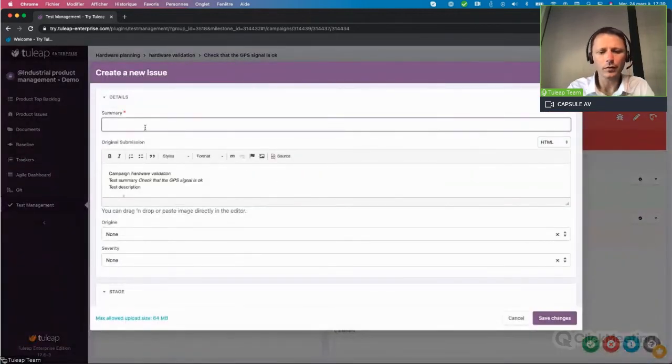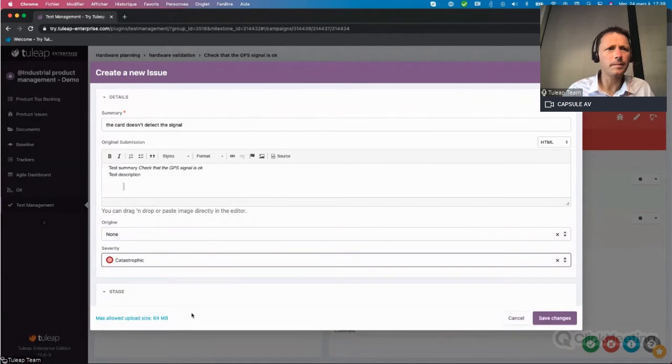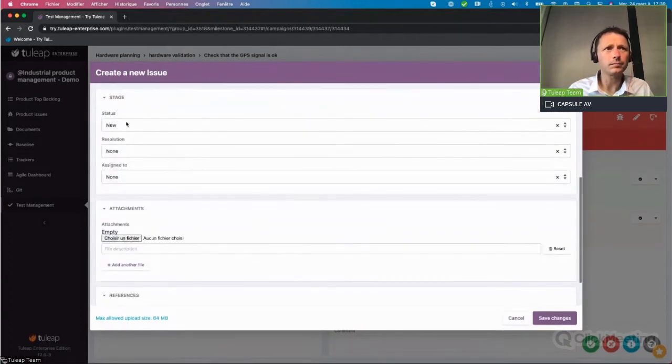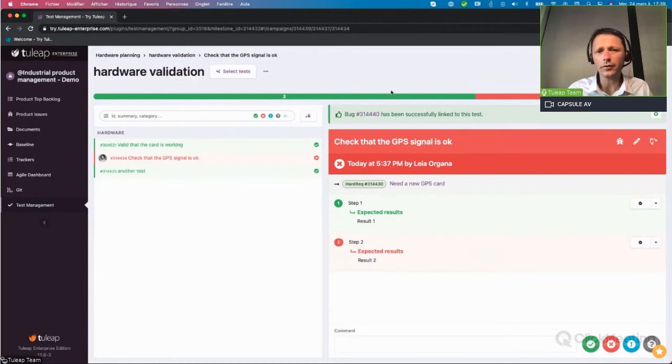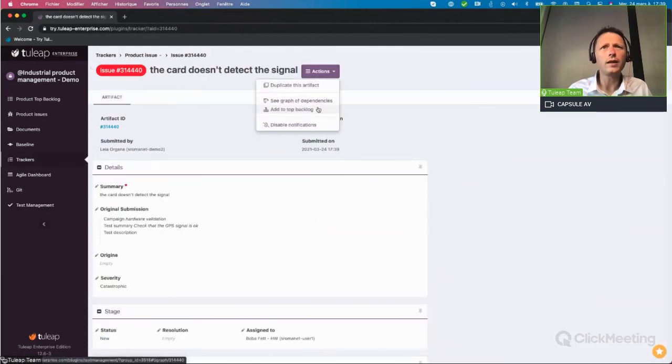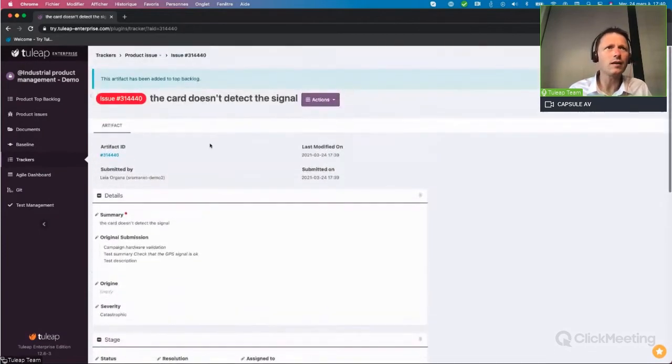team. Okay, so the card doesn't signal. Okay, so there is a big problem about this, and we have to fix it. So you assign it to one of your team members. In the same way, he will manage this bug, so this issue, and when this issue is checked, you can say, okay, now I can manage this